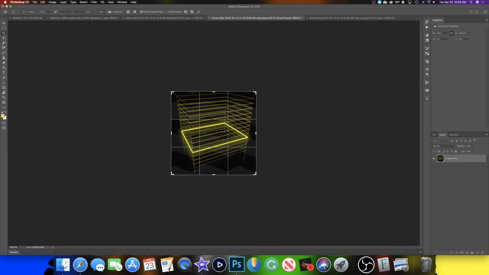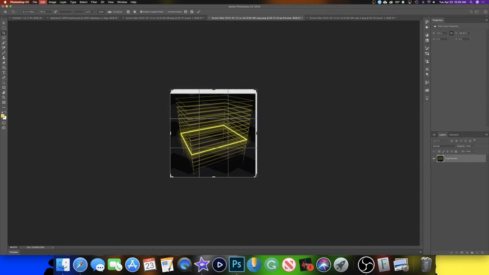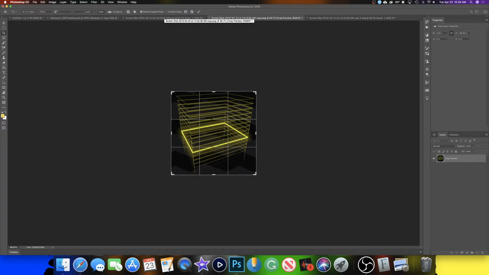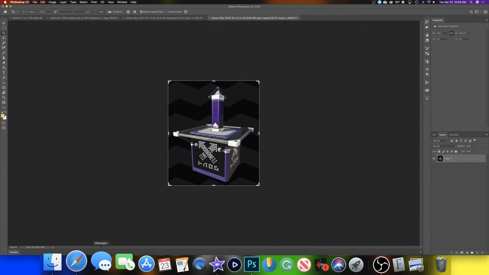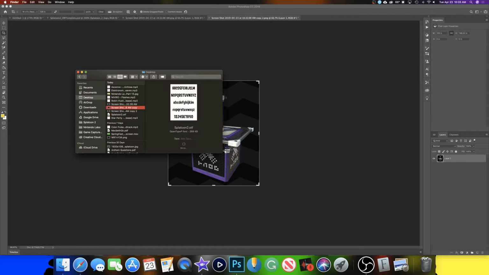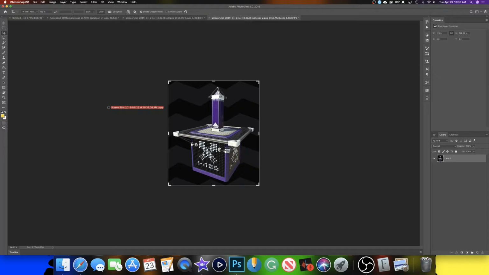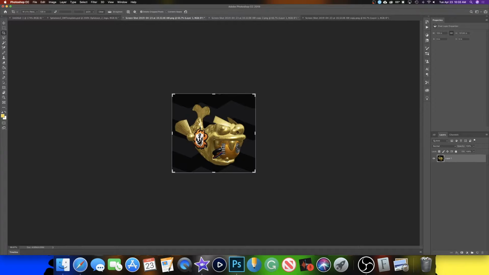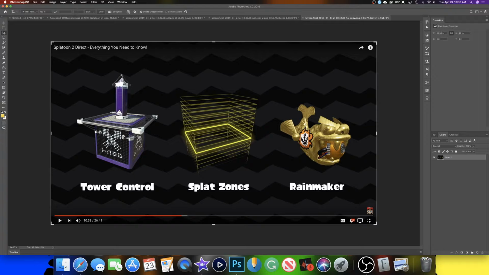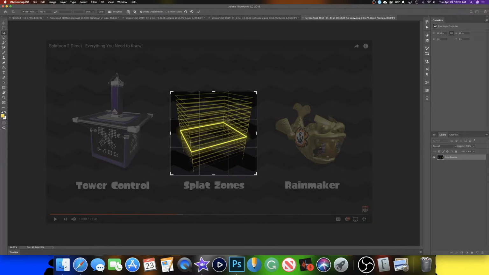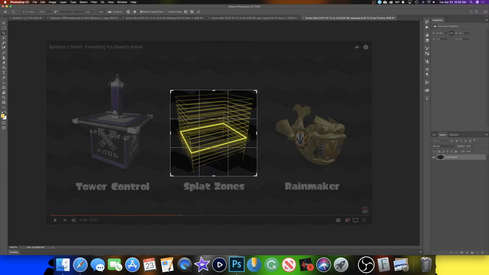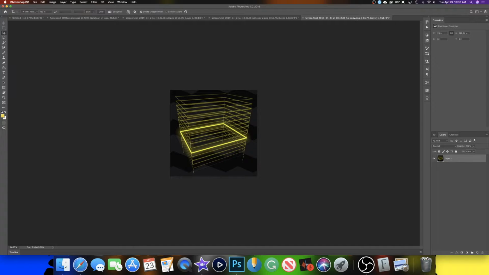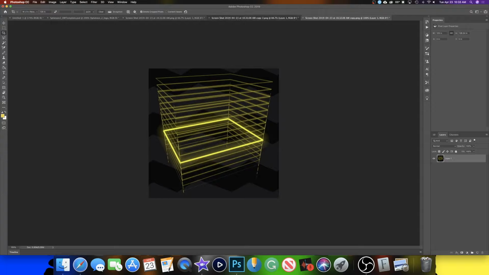Okay, I might have to redo this a little bit. Oh, come on, really? I love how this is being difficult for no reason. Yeah, okay, fine. Don't save. Let's see if I can just drag it back in. So we got rain. Okay, so we need splat zones. Okay, so now we have our images,